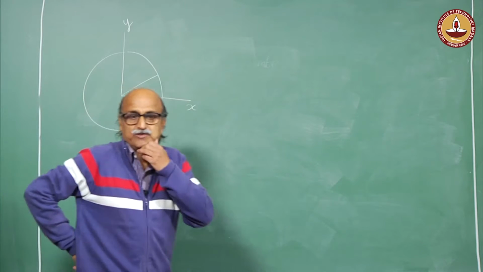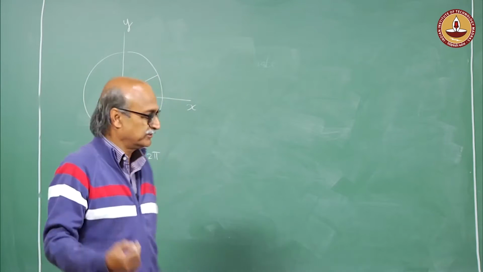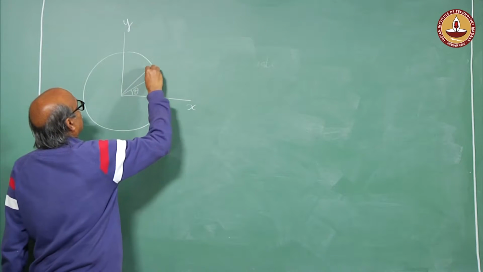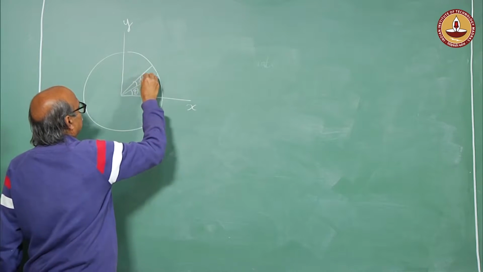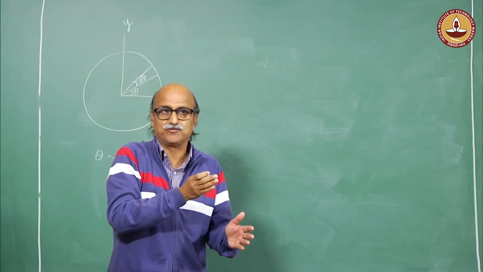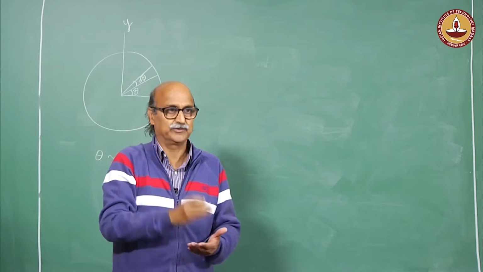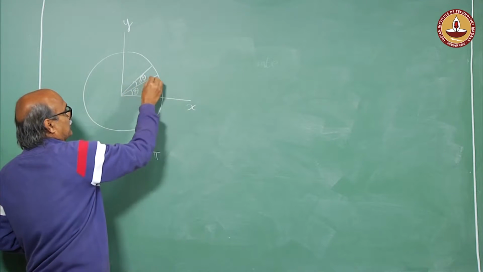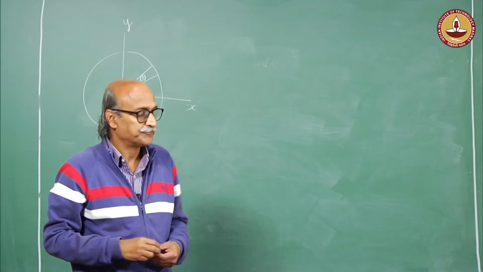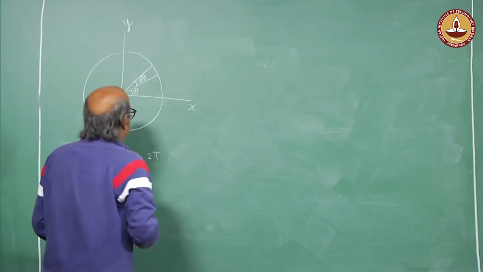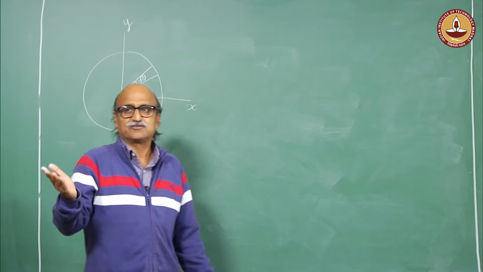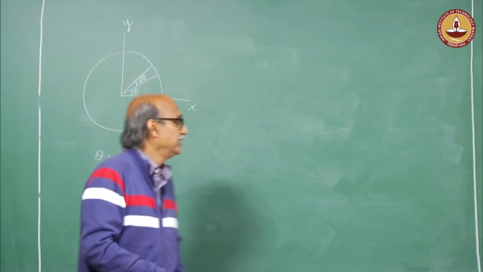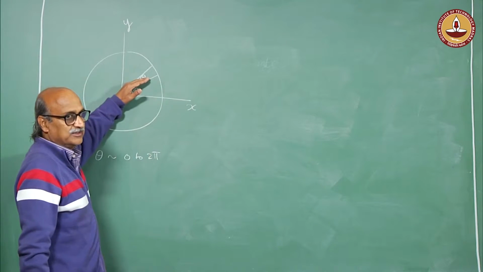So, in order to now define a probability function for theta, let me consider an orientation which is lying in the range of theta and theta plus d theta, okay. So, any orientation which is lying in this thin infinitesimal slice through my circle. So now the question that arises is, what would be the probability that a randomly chosen orientation will lie between theta and theta plus d theta.